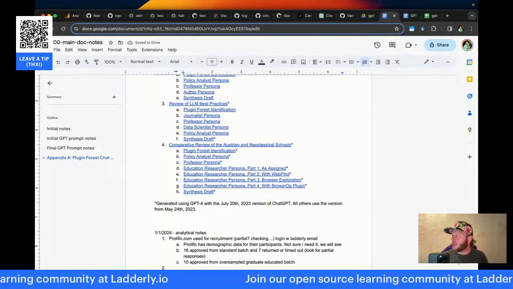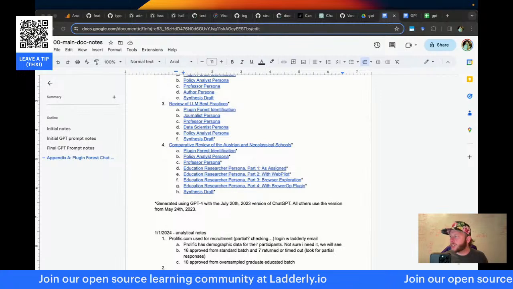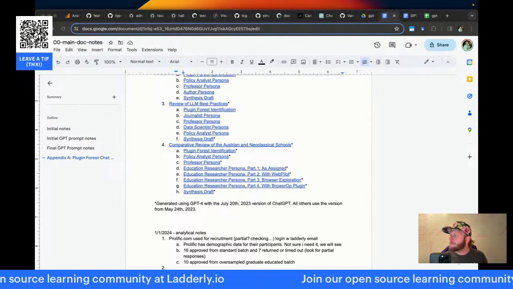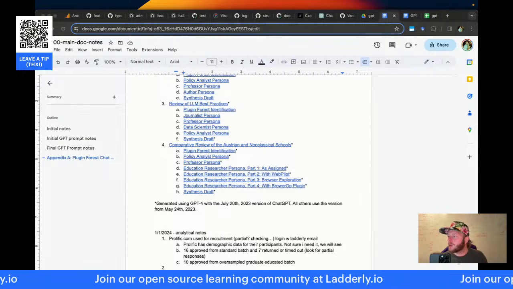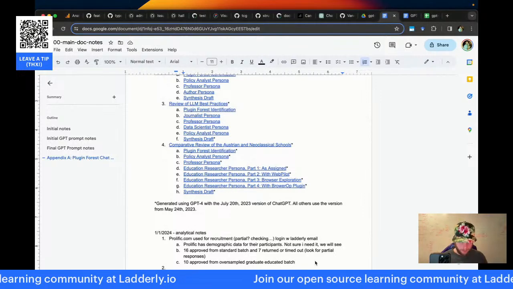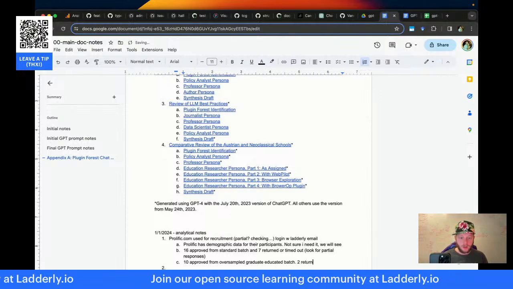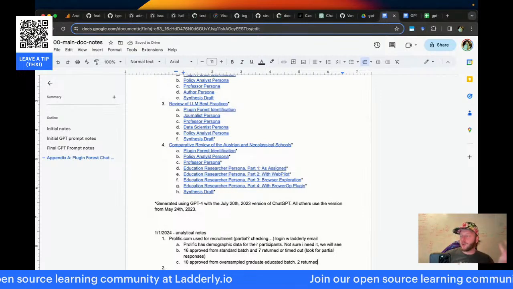10 approved from the oversampled graduate-educated batch. So I wanted to get basically more educated respondents, so I oversampled graduates in a second batch. And there were 10 approved and there were 2 returned. Okay, so if I only look at the approved ones, there's 26 samples.